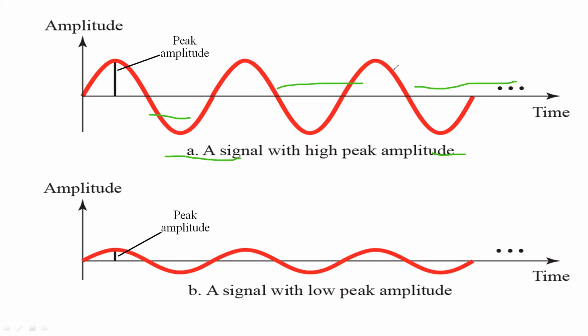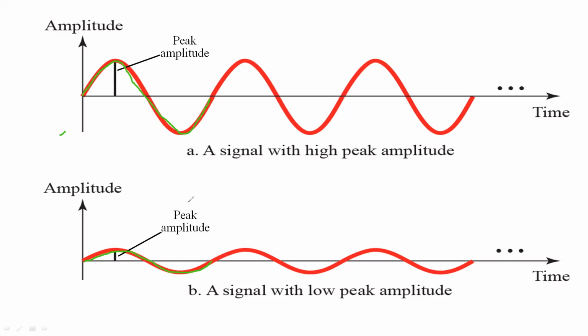Here in this figure, two signals are there. So here in this figure, we have two different figures. So here the sine wave above the time axis and below the time axis. So there is a curve between above the time axis and below the time axis. In this case also it is the same, above the time axis and below the time axis. So what is the thing here is, here we have two different signals, right? Here we have two different signals with peak amplitude.